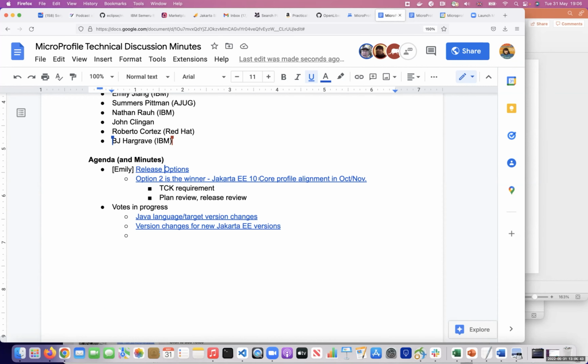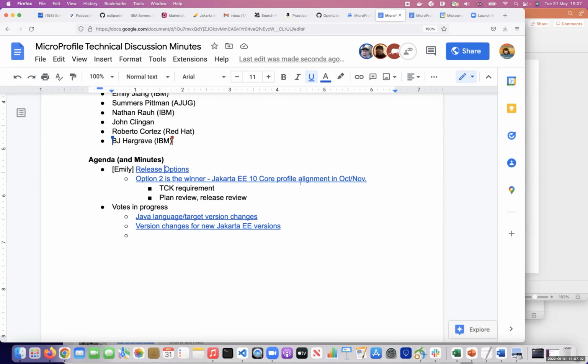So basically, we want to do the Jakarta EE 10 core profile alignment in October, November, with the option whether to do MicroProfile 5.1 with the minor changes, etc.